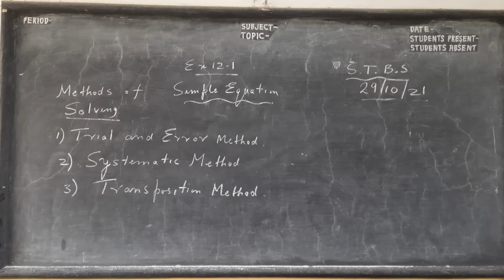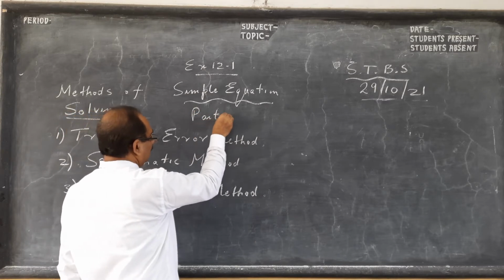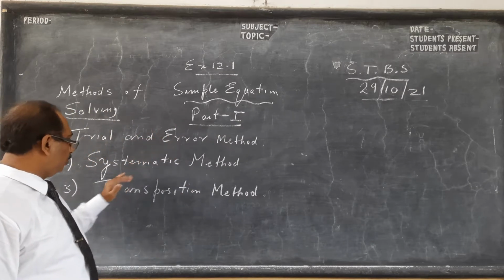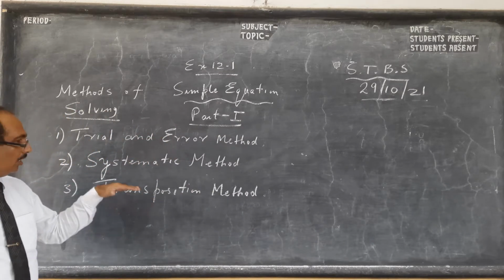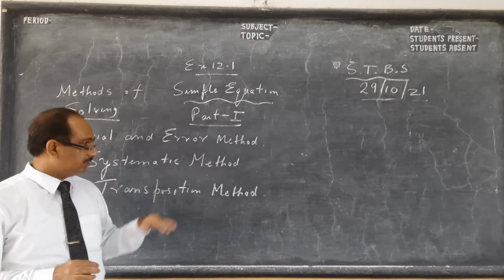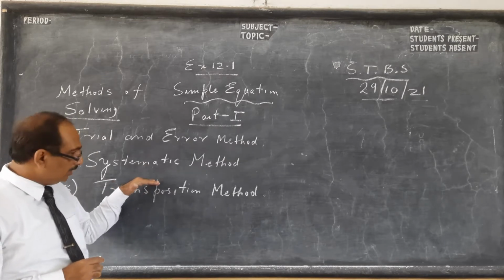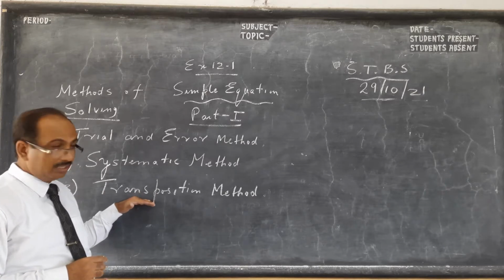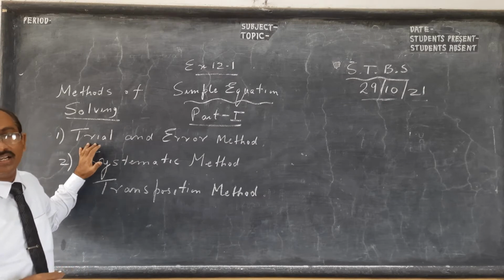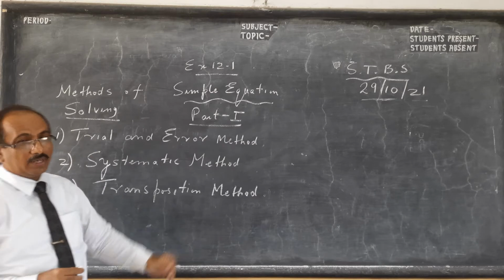Okay, hello students. This is part 2 of my video lesson. In part 1, without naming them, I taught about the systematic method, where I told you about Euclid's axioms. So you must see that. Based on that, logically I came to the transposition method. And at the very beginning of the video, I talked about the trial and error method. So I'll discuss all three, then I'll go to exercise 12.1.